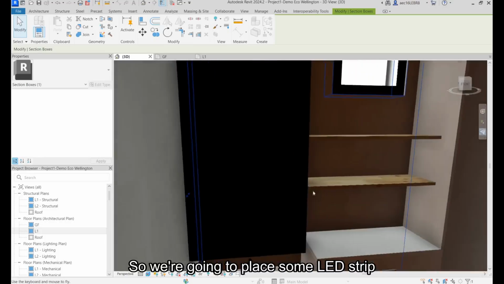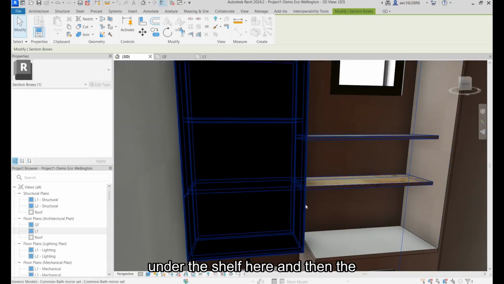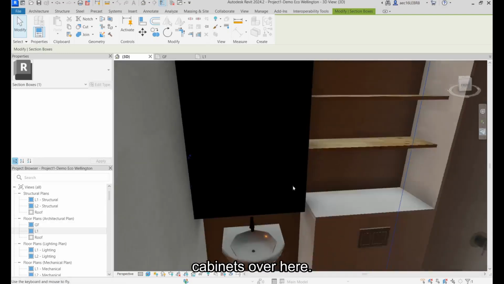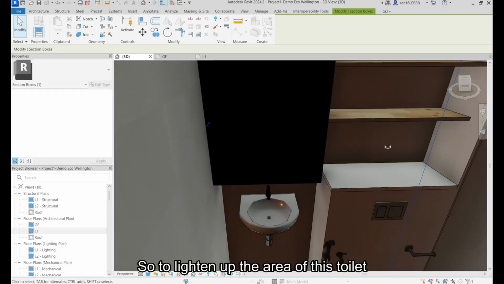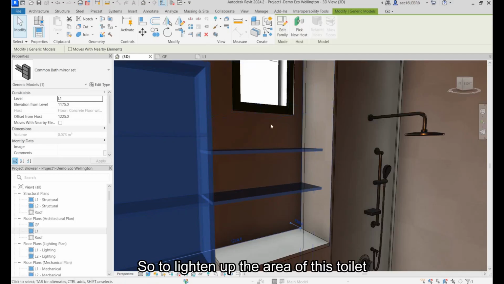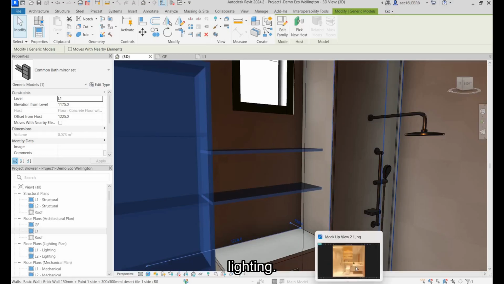We're going to place some LED strip under the shelf here and then the cabinets over here, to lighten up the area of this toilet, so that at least there's some ID lighting.